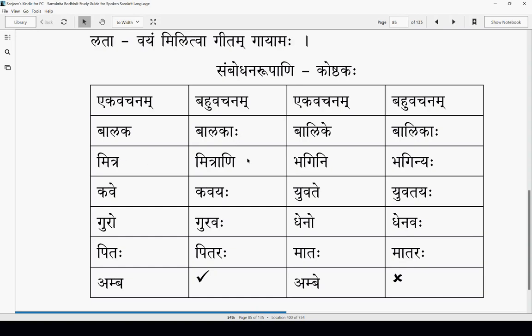Mitra, Mitrani, same as Prathama here. Kave, Kavayah, same as Prathama Vibhakti. Sambodhana remains same. Guru, Guravaha, Pitaha, Pitaraha, Palike, Palikaha, and the Strilinga side. Bhagini, here in Prathama Vibhakti it becomes Dirgha Bhagini, but